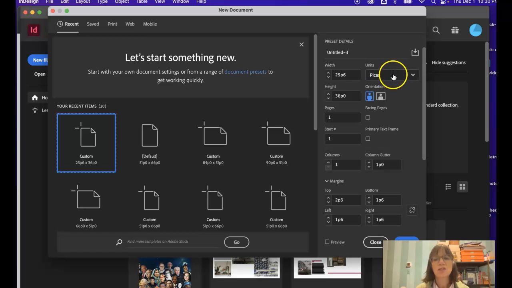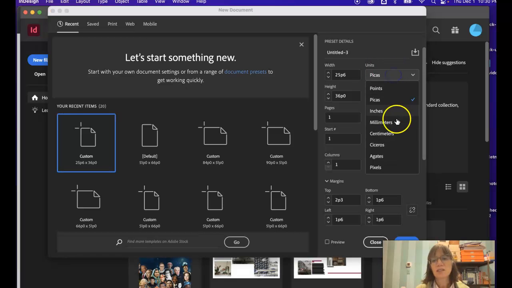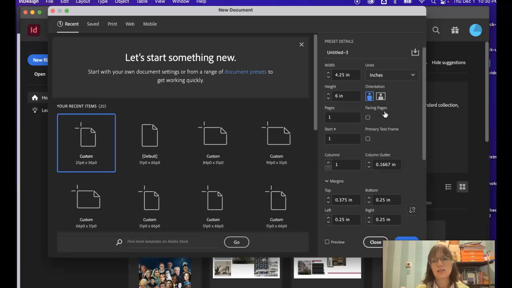I am going to use inches, which is the measurement that most of us are familiar with. I had previously used this postcard size, so it automatically showed up again. 4.25 by 6 is a typical postcard size. I have facing pages turned off. This is just a single postcard, not a multi-page document, which is what facing